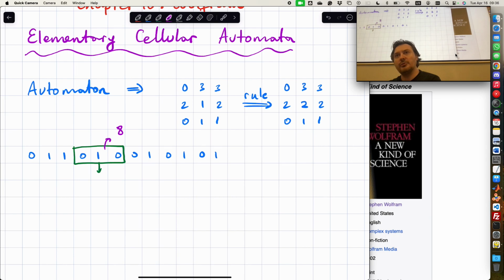And your rule is supposed to map that state to either 0 or 1, right? So you have 8 possibilities, and each one of those can be mapped to either 0 or 1. Exactly how many possible rules can there be?